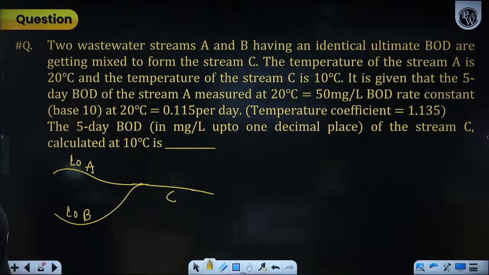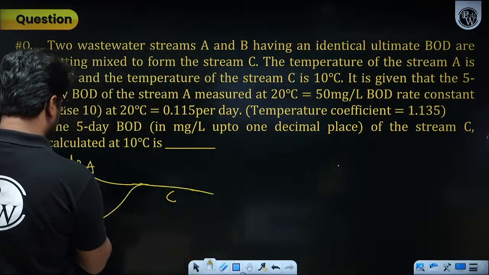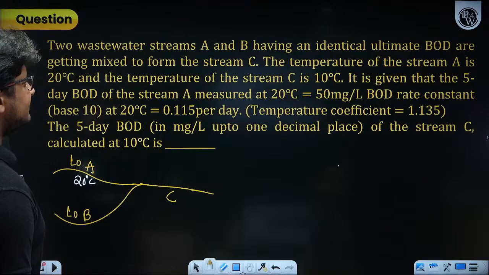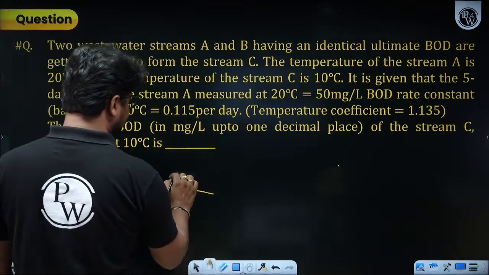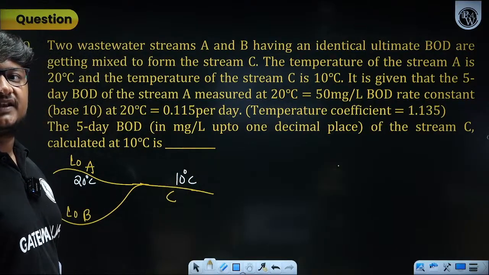The temperature of stream A is 20 degrees Celsius. So here the temperature, as they are saying, is 20 degrees Celsius. The temperature of stream A is 20 degrees Celsius and the temperature of stream C is 10 degrees Celsius. So that is a change in the temperature. But basically